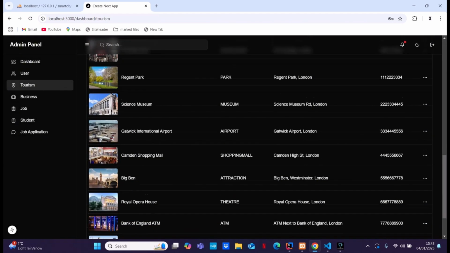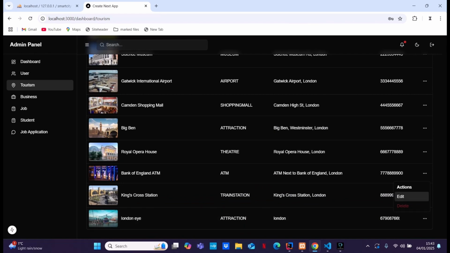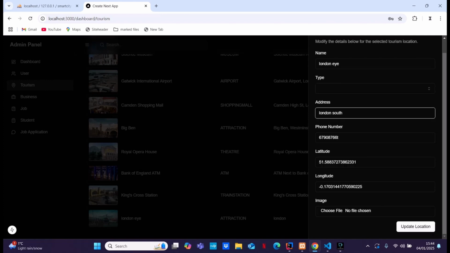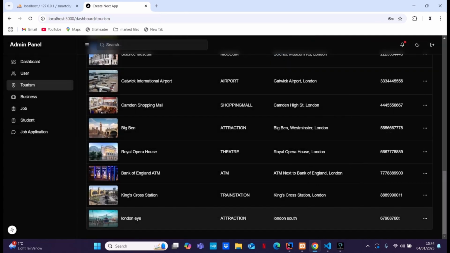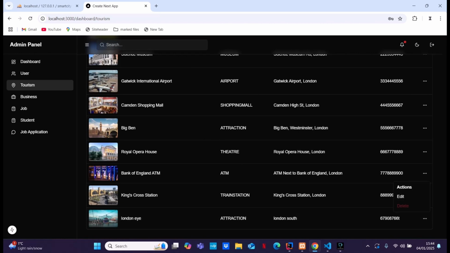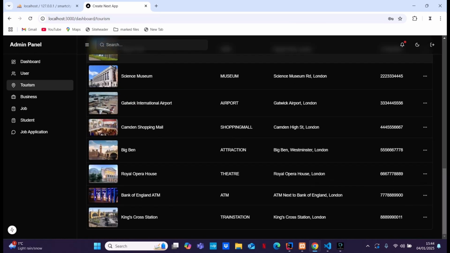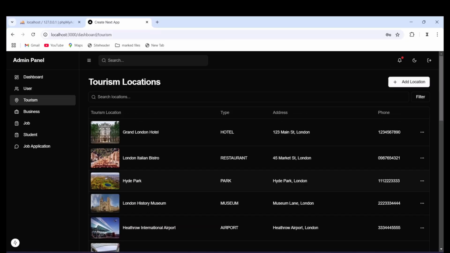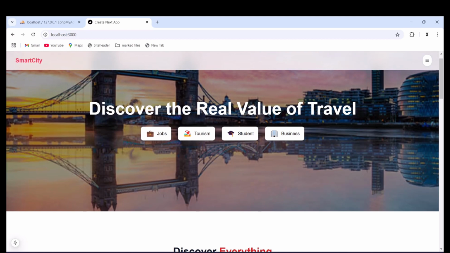It is successfully added. You can see here. Also, you can edit this. It's updated successfully, and you can also remove this as well. So all CRUD functions are working perfectly, and when you click logout, you will get into the home page of the Smart City application,